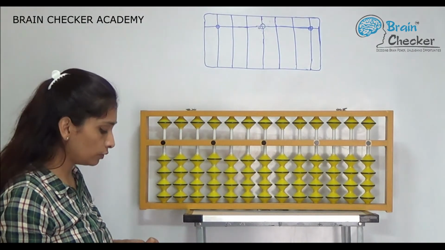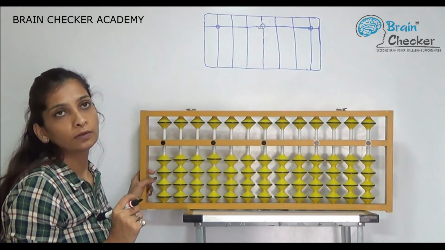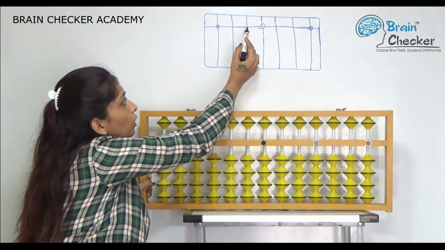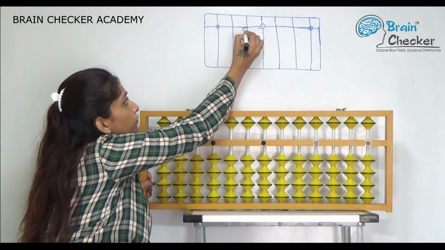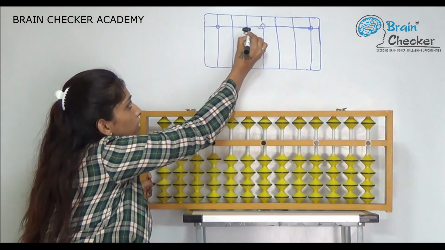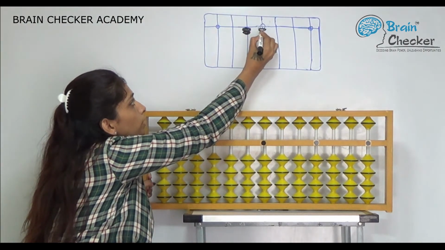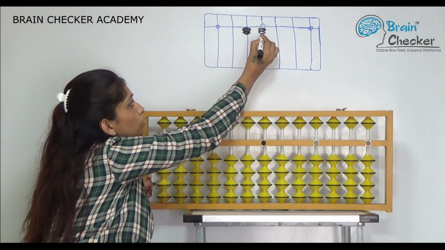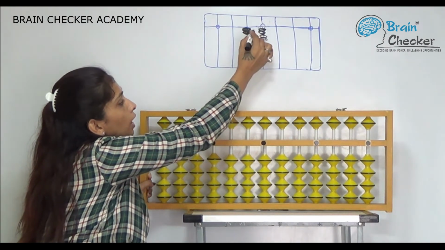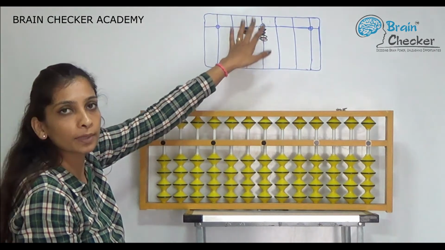Now if I say show me the number 24, how will you do it? On the tens rod we will draw 20 first. So this is my one bead which is 10, and the other one is 20. And then I have to show 4. So here I show 4 beads. 1, 2, 3, 4. So now you can see 24. I got the number 24 on my paper abacus.